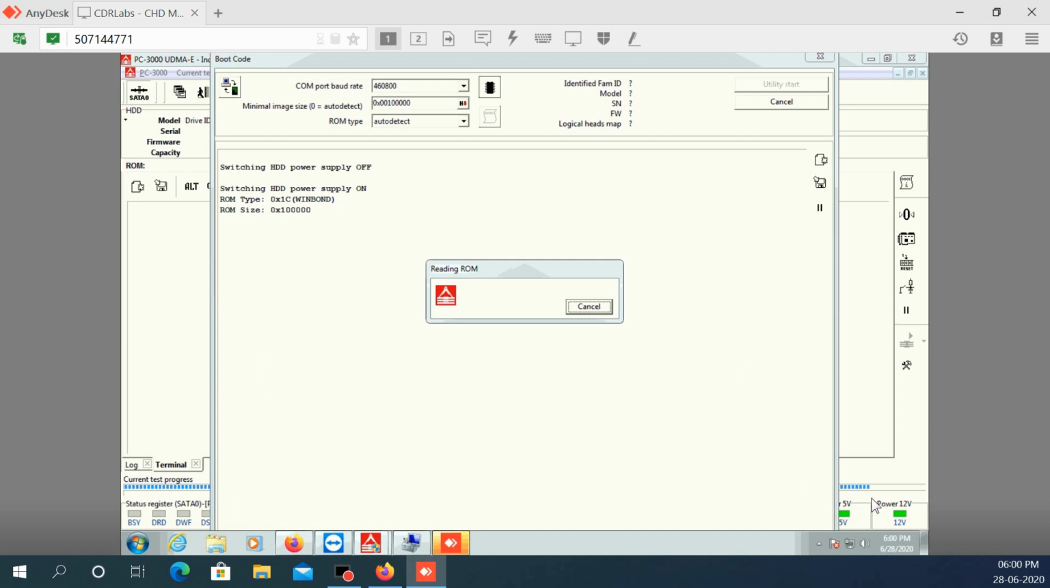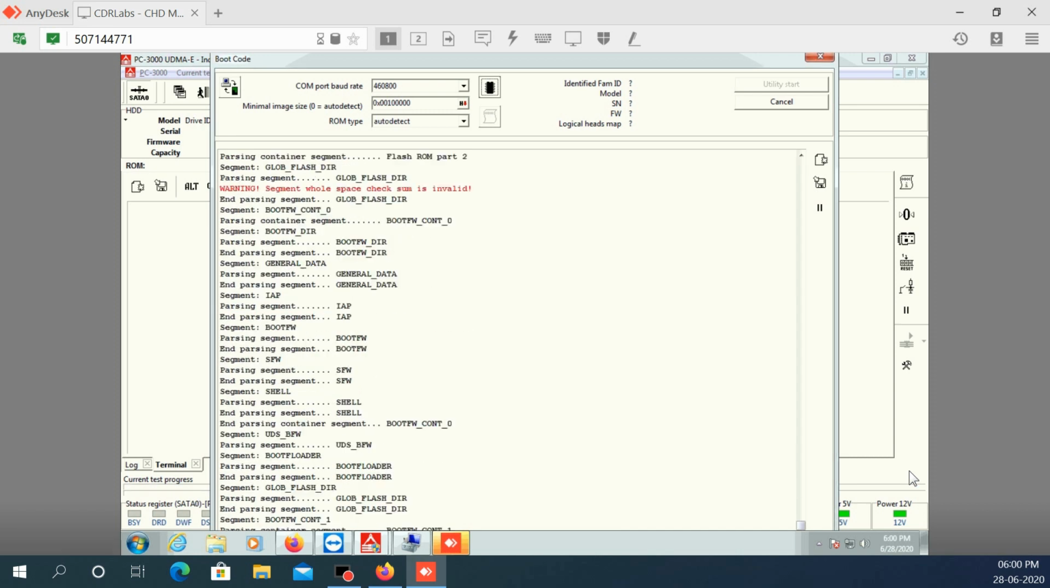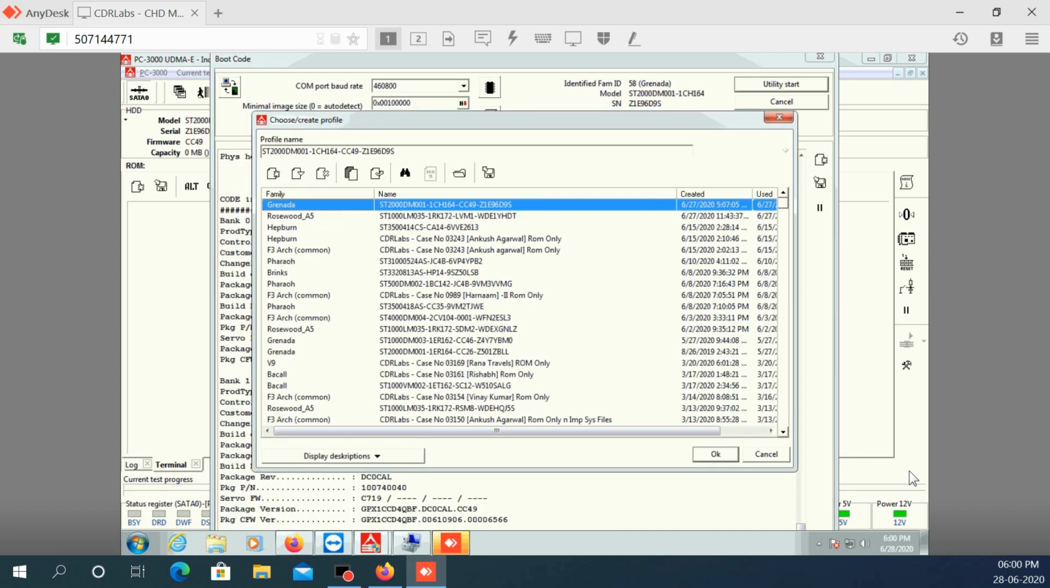Waiting, and now we see this popping up from here. Generally, it's not going to take that much time. So why does it take that much time? Now over here, you will see it has selected the model number